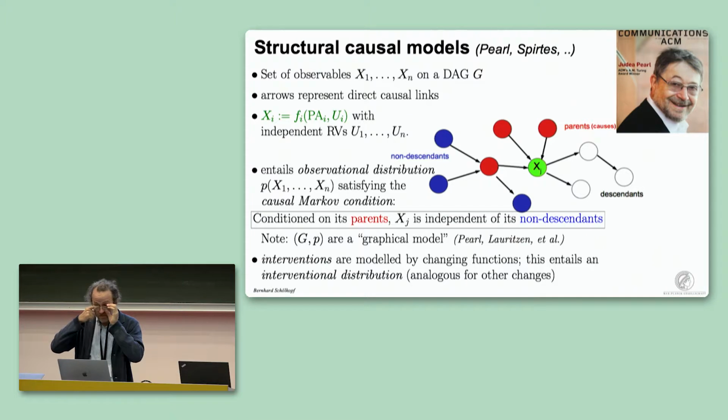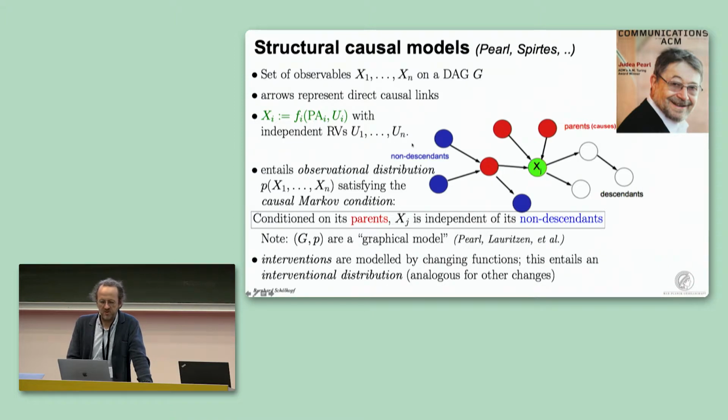So basically, one can generalize Reichenbach's principle and build a nice theory of graphical causal models, which was pioneered by Judea Pearl, Peter Spirtes, and other people trying to connect computer science, causality and statistics. And some of you may have seen the tutorial two days ago. Maybe I can get a quick show of hands. How many have seen the causality tutorial? I would say that's maybe 20%. So I'll very briefly go over it for the others.